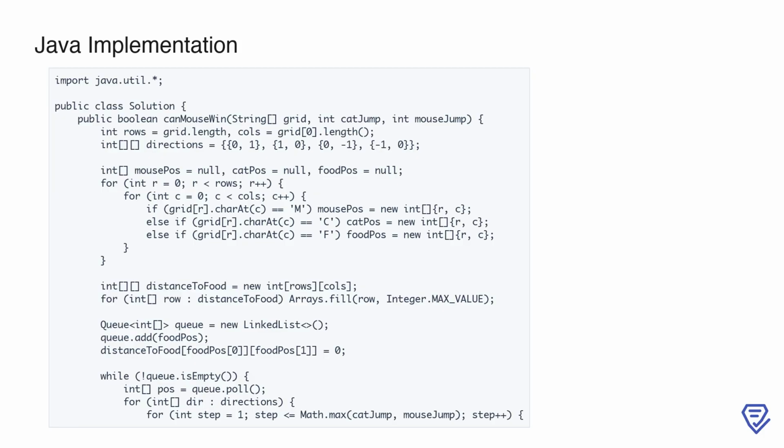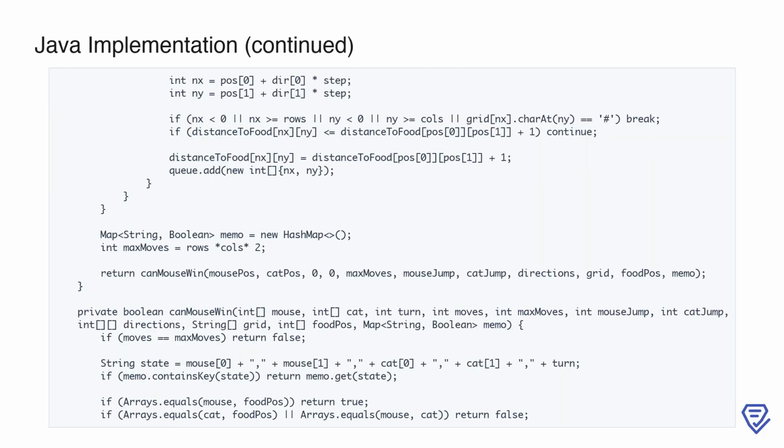A queue is used to traverse the grid, and as we process each cell, we calculate the distance for adjacent cells based on the maximum possible jump distance of the cat or mouse. The breadth-first search continues by iterating through each possible direction and step size. For every valid move, we calculate the new row nx and column ny. If the new position is out of bounds, encounters a wall, represented by a hashtag, or has already been reached with a shorter or equal distance, we skip further processing for that path. Otherwise, we update the distance-to-food matrix with the new shortest distance and add the position to the queue for further